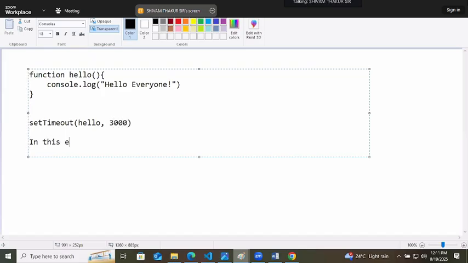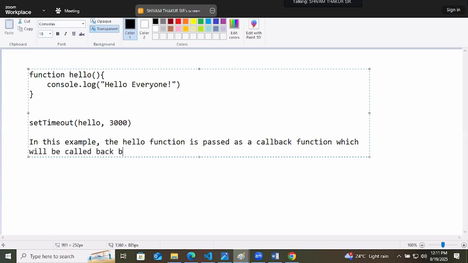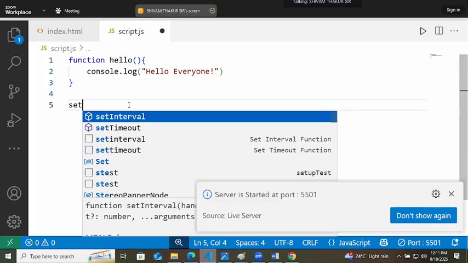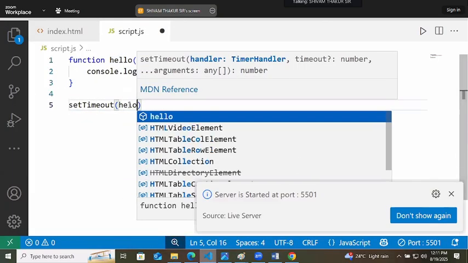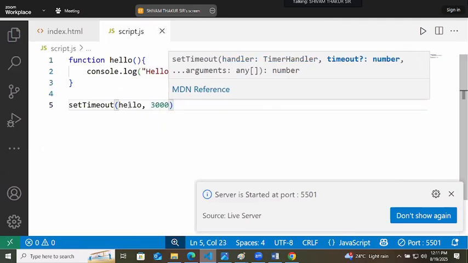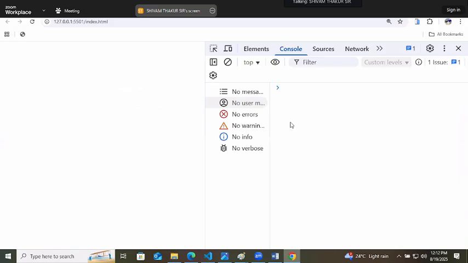So in this example, the hello function is passed as a callback function which will be called back by setTimeout. So I will write setTimeout hello comma 3 seconds. So check 1 2 3. We got hello everyone.